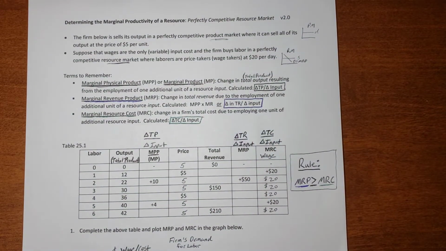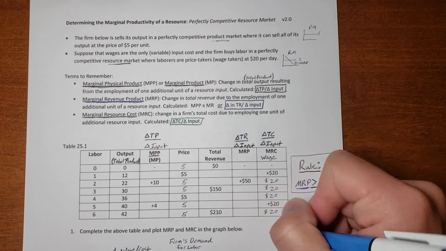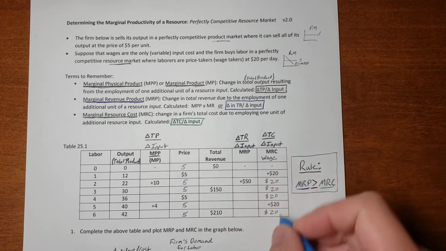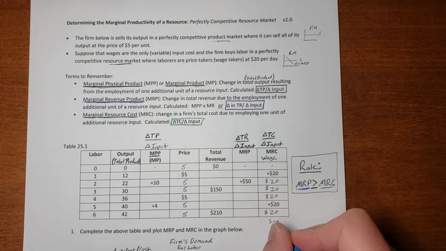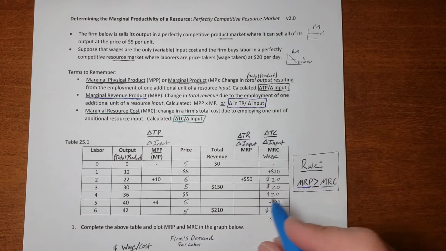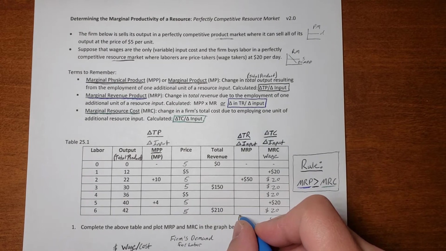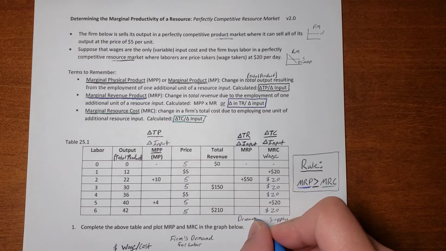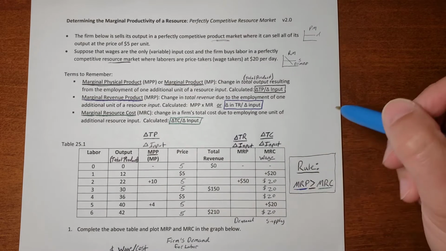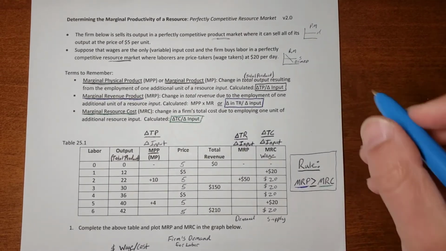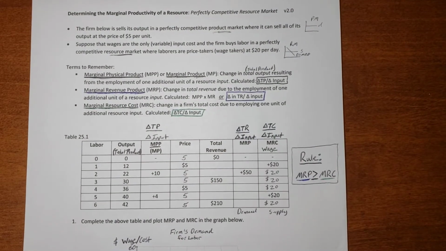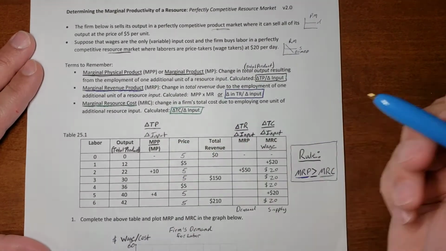So we could actually, in advance, know that the marginal resource cost is going to be, in this case, the supply curve. I'll just maybe put this down here. That's going to be the supply of labor to the firm. And down here, the demand curve for the firm is going to be the marginal revenue product curve. All right, but we'll get to that in a moment. So we've got these two columns sorted out. What we need to do now is fill in the gaps.